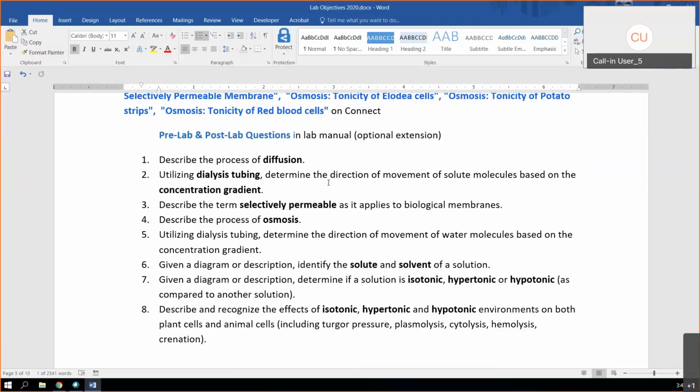Okay, yep. So diffusion and osmosis. Diffusion, just know it can be any molecule. It can be water, it can be oxygen, it can be carbon dioxide, it can be perfume, it can be anything, any molecule moving from high concentration to low. It can be across the membrane, like